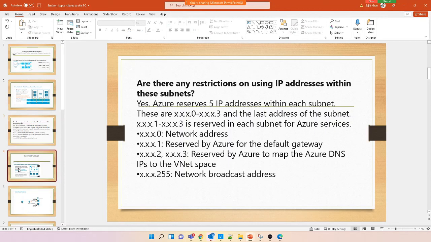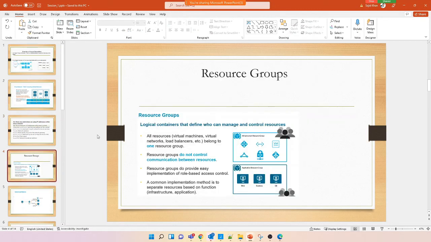Yes, yes. Okay. Now let's talk about the resource group. When we are deploying any firewall, because the main purpose